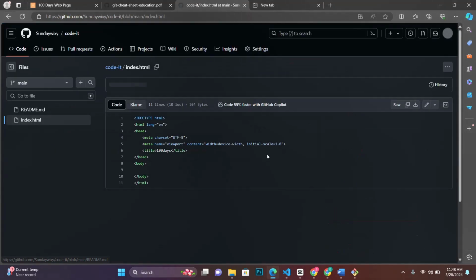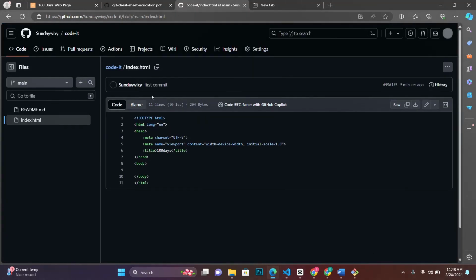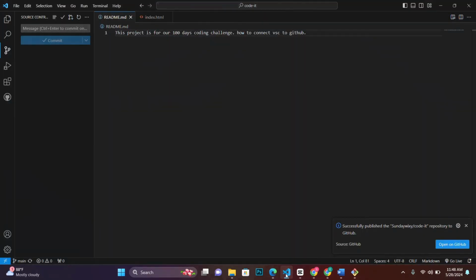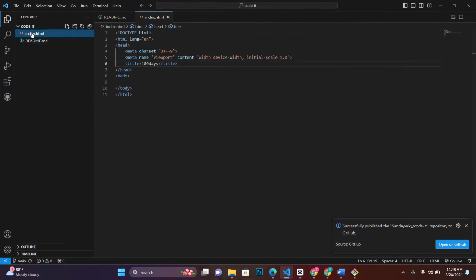Let's go back to our GitHub. Let's say, so this is our HTML file. Let's say we make some update to our HTML file. So you see here we have just this. So let's go back to our VS Code, and here we have to go back to Explorer, and in our Explorer, let's go to our